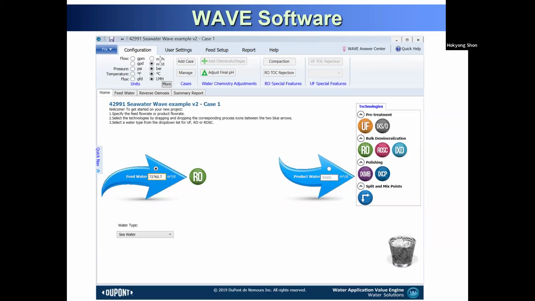So have you installed your Wave software? Some people utilize the software in this computer room. I'm sure that you can access it, so you can finish your assignment 3. If you have your own computer, you can install it, so you can easily follow